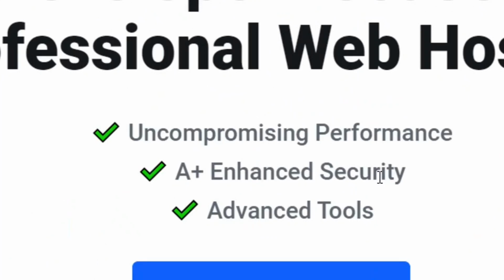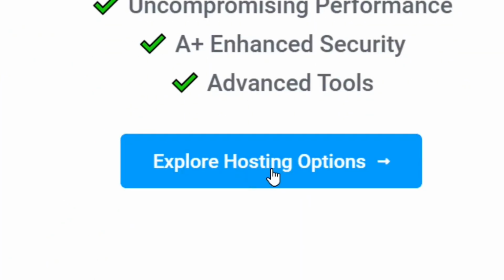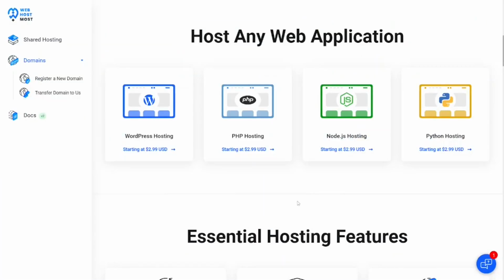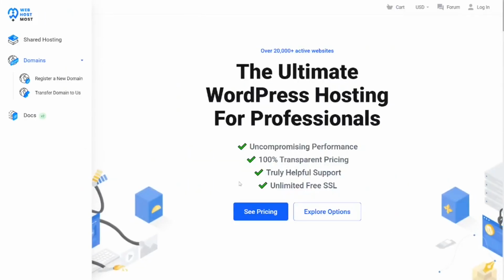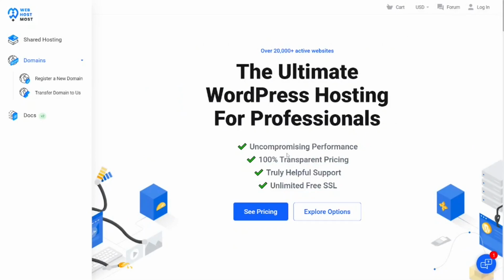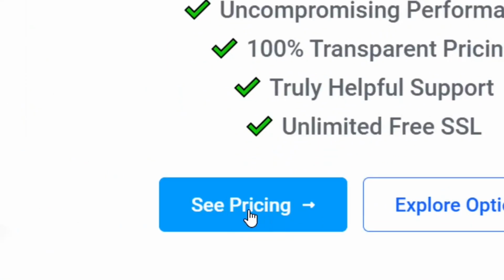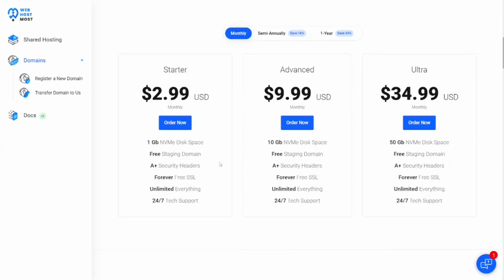Okay, so what you have to do is just come here and then click on explore hosting options, and then you can choose any of the hosting, but we are going to select the WordPress hosting. Okay, so this one, then you click on it. So when you select it, they are going to provide you with this. Okay, so what you have to do is to just come here where we have see pricing and then click on the pricing. Okay, so they are going to show you with their pricing plan that you can choose from,